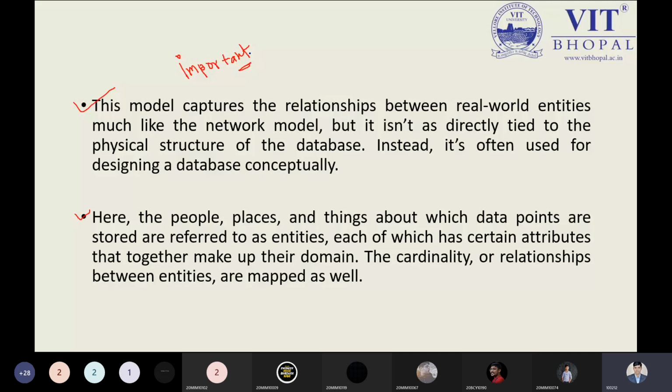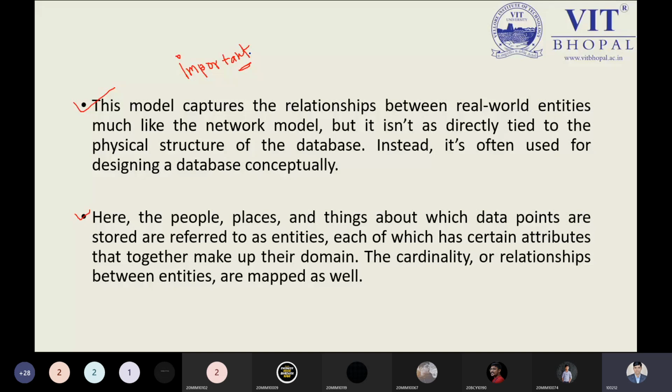Of course, we are talking about real world entities: teachers, department, room, student, faculty, and you can take anything real. While booking a ticket, the customers and the airline or railway reservation, the train itself is a real world object, an entity, and so is the customer. If I am purchasing a product as a customer, the product itself is a real world entity. That is the point. So real-world entities, much like the network models, as we have seen,